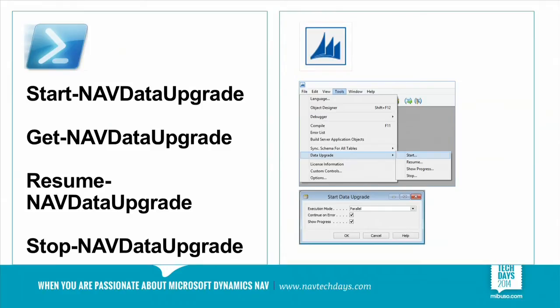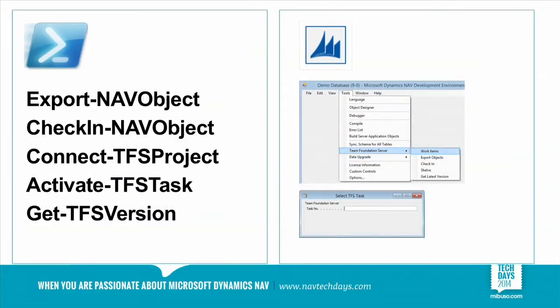If you look at the development environment, there's a drop-down list where you can start the data upgrade. This helps you because you do not have to go to PowerShell necessarily, but basically it executes the same code as the PowerShell is executing. So we have a whole bunch of PowerShell commandlets that do the upgrade, and we call the commandlets from the user interface in the development environment. We think that we can do exactly the same with TFS or Git.